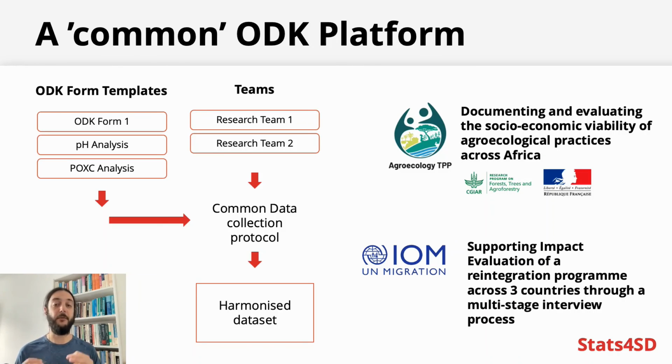This includes a platform built for the CG's Agroecology Transforming Partnership Program to support a set of 12 case studies exploring the viability of agroecological practices across Africa. And there's also interest from other groups, and we're working with RMS to extend this system even further. But this system isn't limited to research support. We found it useful in supporting IOM with an impact evaluation of a reintegration program across 3 countries and with multiple forms. We were able to support these projects beyond CCRP as a direct result of the work done with RMS,